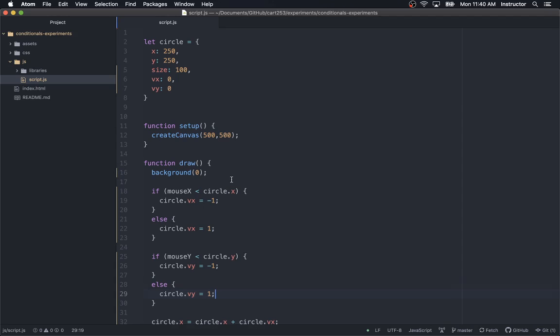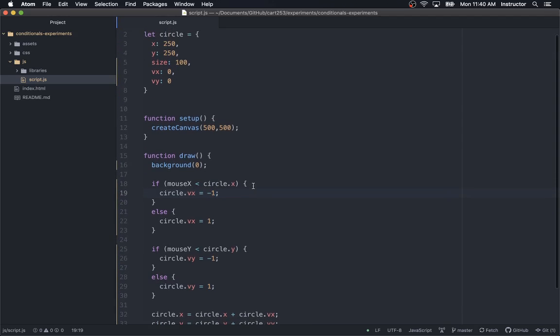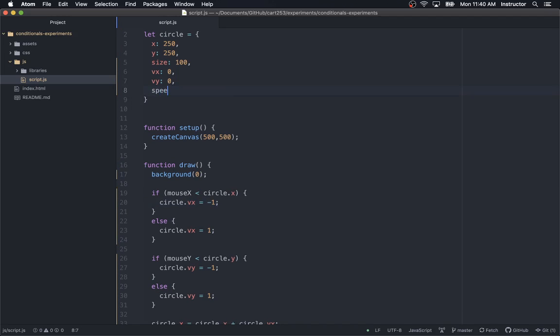Another thing, we've got these numbers now, but clearly we really ought to have a speed back again. So let's have a speed that the circle moves at. Let's make it move at 5, so that it's a bit faster. And instead of setting it to -1, we'll set this one to negative circle.speed, so it becomes -5 if I'm